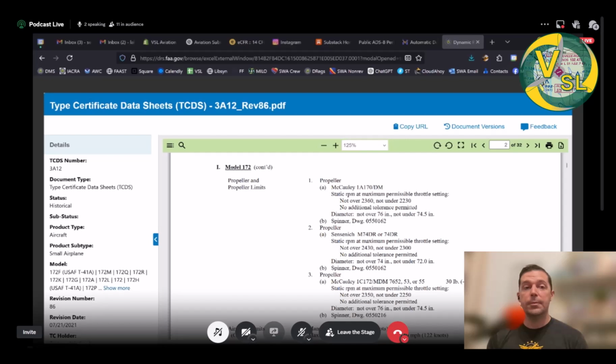We had somebody in the Discord server that aborted a takeoff. Maybe not aborted the takeoff, but they were in the pattern basically, and they just thought, man, this propeller, the RPM just seems to be low. I don't think this engine is performing like it should be. And they canceled the flight, and they checked the static RPM on the ground, and it wasn't getting to the specified amount. So I didn't hear back from that user about what the diagnosis of that is,